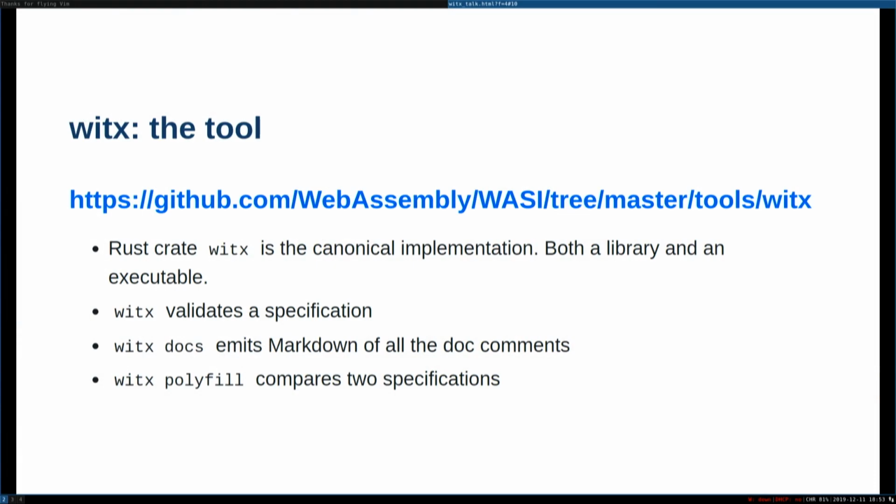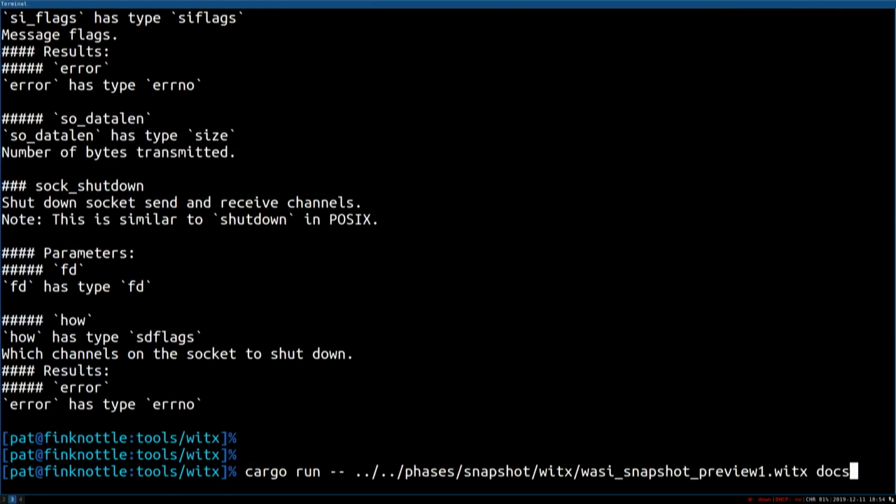And then finally, this is not quite merged into master yet, but it will be soon, WitX polyfill. And what that actually allows you to do is to diff two specifications, and it tells you whether their ABIs are compatible, and if not, where they're not. So this is essentially a tool that is meant for developers like me to make sure that as I implement new snapshots of WitX that I'm getting it right. There's the way where I'm going to print, again, markdown out to the screen. Also, all of these commands are available through the library interface where you can write a Rust program that walks over those trees and does all the right things.